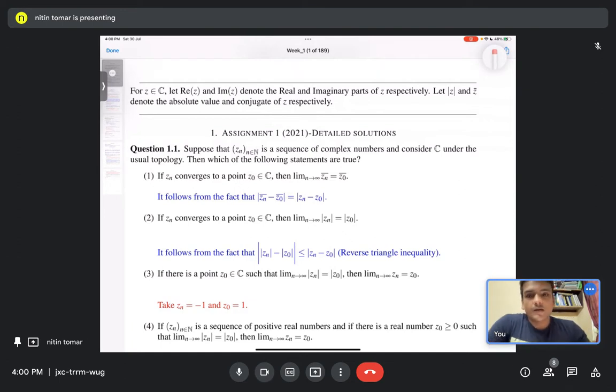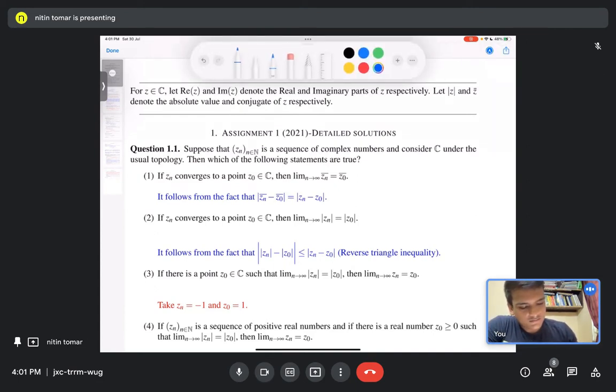So what I have done is the correct answers are highlighted in blue, and the false statements are highlighted in red color. Okay? Is that clear? Yes, sir. Okay. So in this question we are being asked,